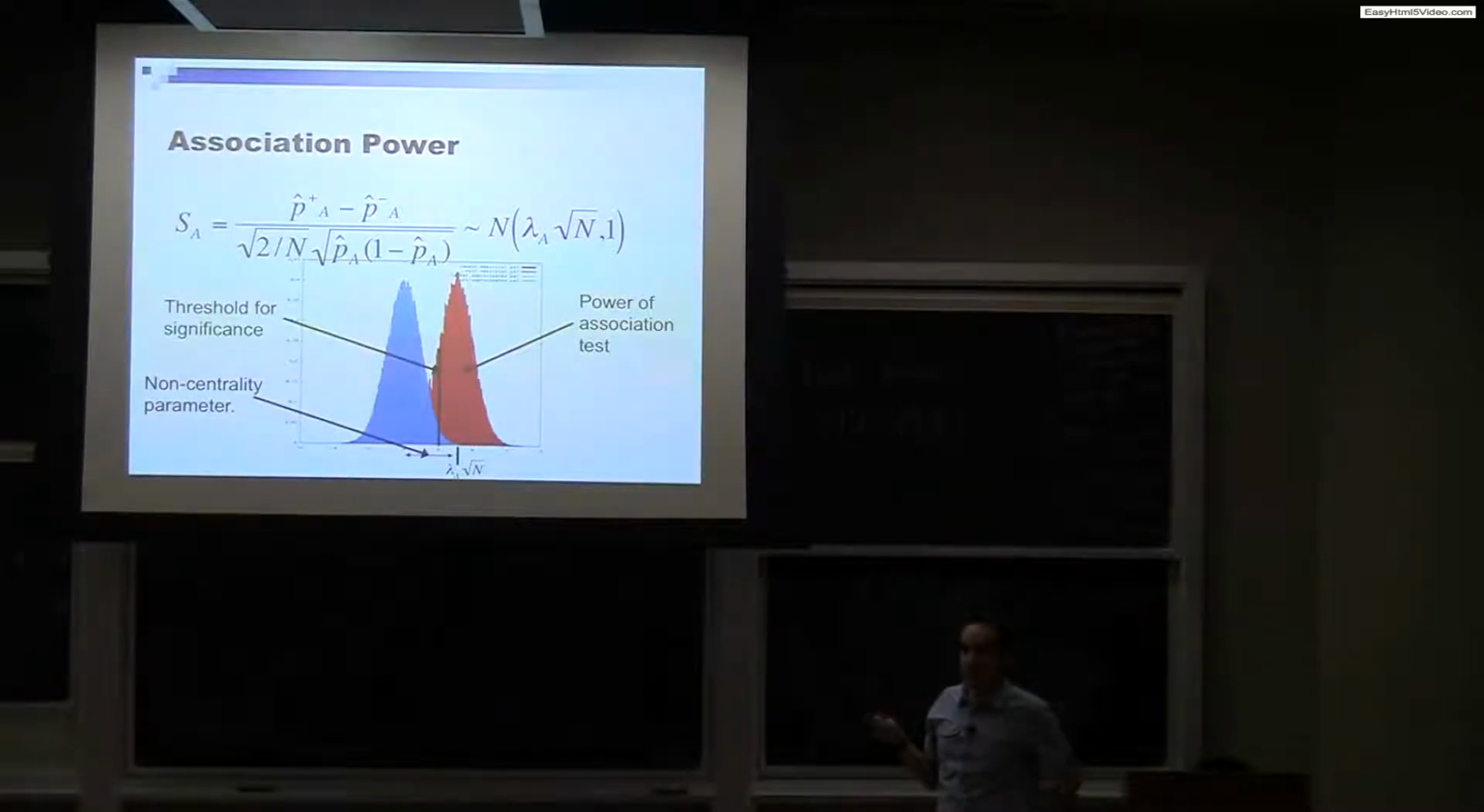Okay. If the non-centrality parameter is really big, what happens? These two are really far apart. Maybe this red curve is all the way over here. So almost all of its area will be beyond this threshold. So the power will be actually close to 1. If this